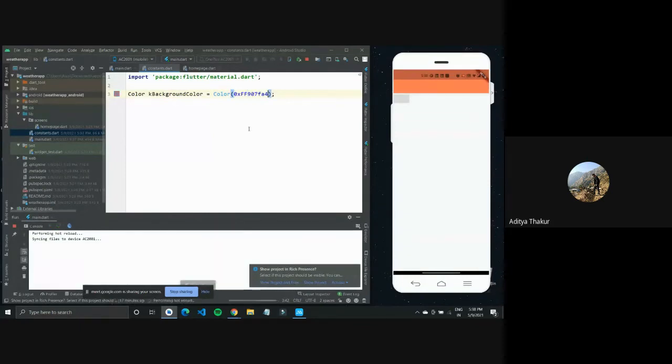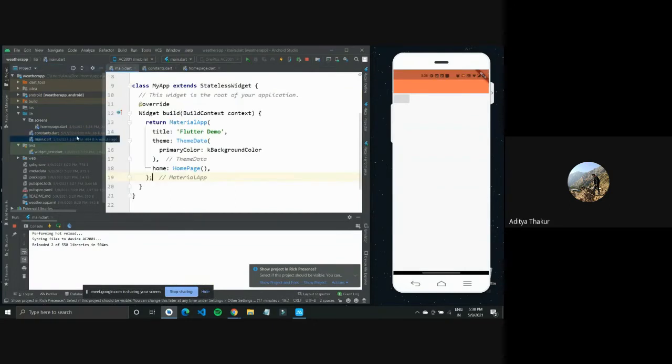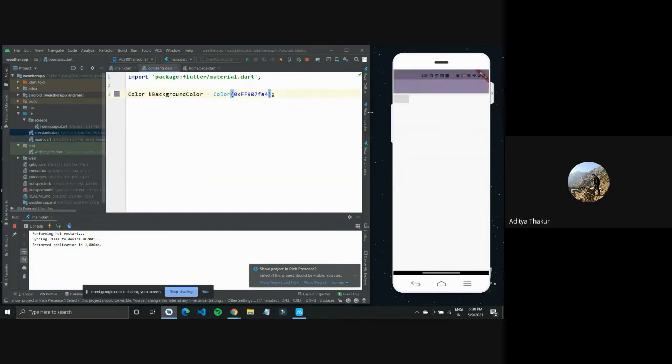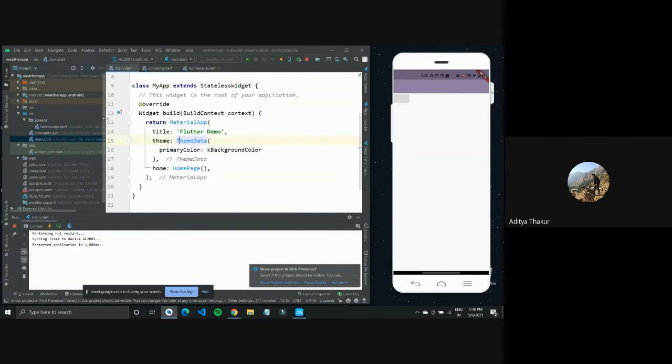And if I hot reload it from here, it should apply everywhere. Or it didn't apply, so we'll have to check why it is not applying here. Okay, it's done. Yeah, so this is one of the benefits of why you should use variables while writing code.